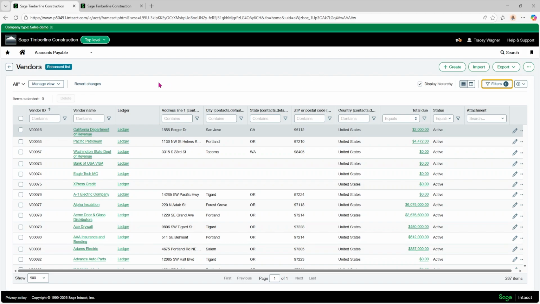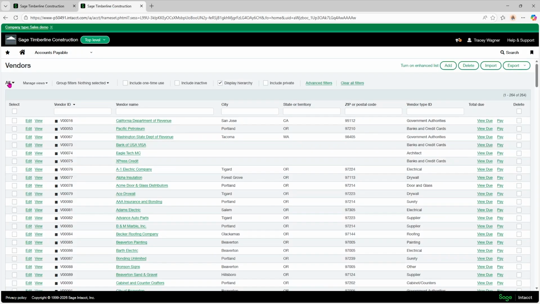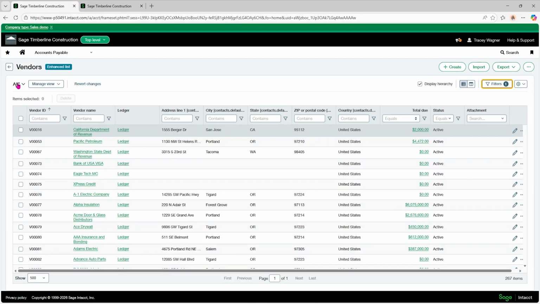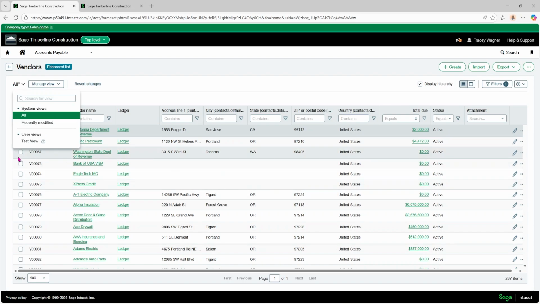Another difference is that your classic view, these custom views that you have created, they're not going to be visible on your enhanced view. So I had created this test view in this classic list, but they don't translate over to this enhanced view.